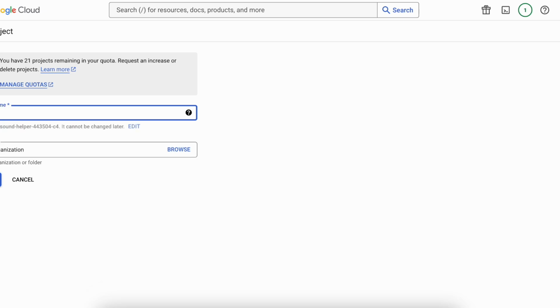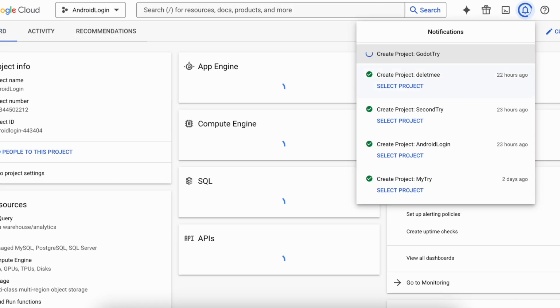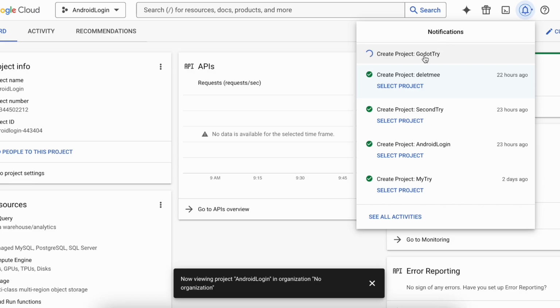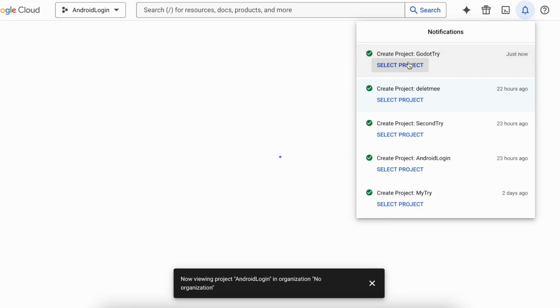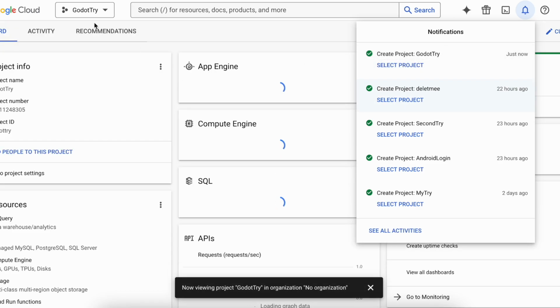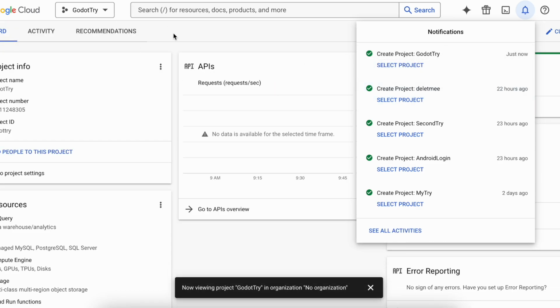Make sure you use the same name that you have given on Google Play Console, just to be on the safer side, otherwise it might lead to unnecessary issues. So I will create this project with the same name. I'll click on create, and I will select our project once it has been created. So let's just wait for this to complete. I'll click on select project, and here you can see in the drop down it has selected Godot